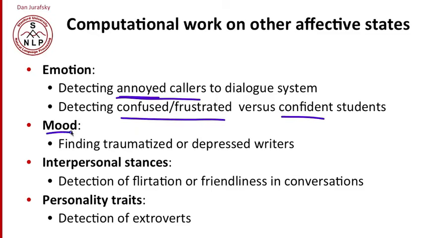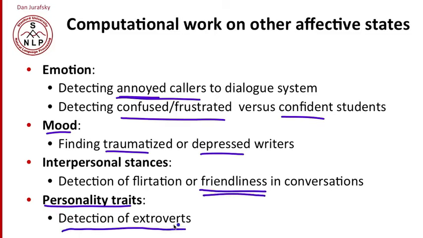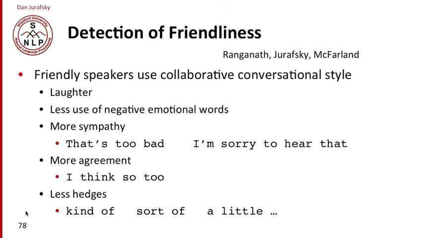For longer term moods, we might want to find traumatized or depressed people, like writers of some blog or text. In conversations, we might want to detect if someone's friendly or unfriendly. In very long-term personality traits, we might want to detect extroverts or introverts for building dialogue systems that can communicate better with extroverts or introverts. And there's lots of research actually on all of these tasks. We'll just show you one of them,